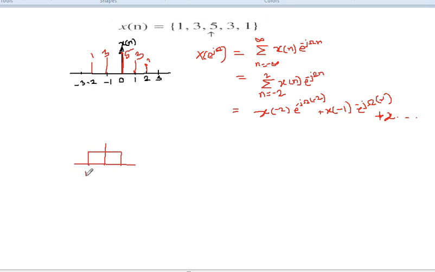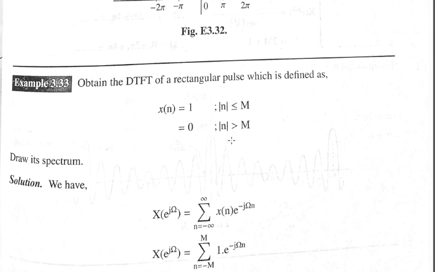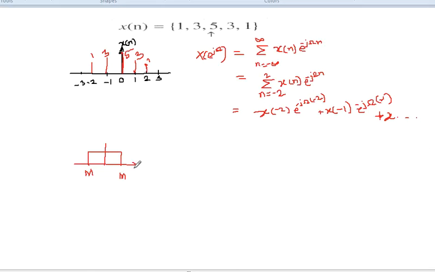So let's say this is minus M, and this is M. The signal says that when the magnitude of n is less than or equal to M, this axis is n. So as long as the magnitude of n is less than or equal to M,